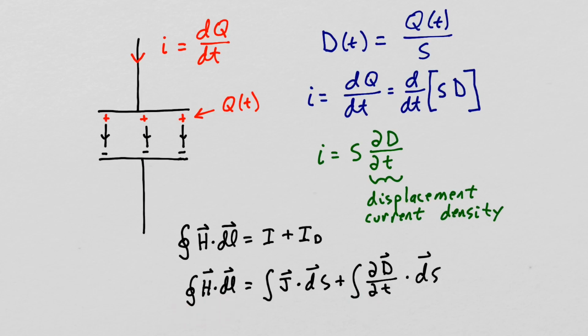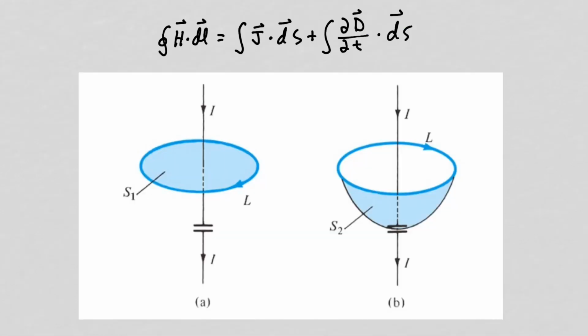Going back to this figure, when our surface cuts through the wire, there is not a second term here because for DC current flowing, the electric field is constant, so the partial of D with respect to time is 0. So the only contribution comes from the integral of J dot ds through the wire, which is the current flowing in the wire. For the surface that cuts through the center of the capacitor, there's no free current flowing, so this first term will be 0, and the contribution will all come from the summation of the displacement current density